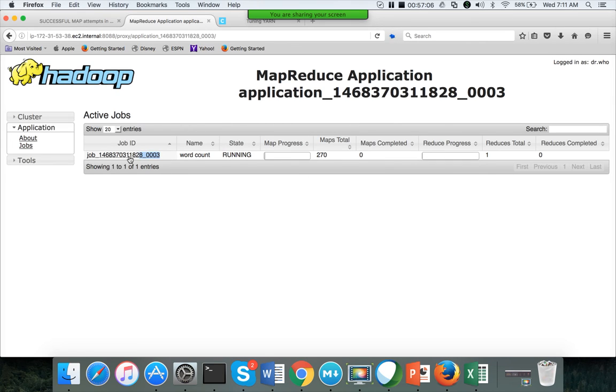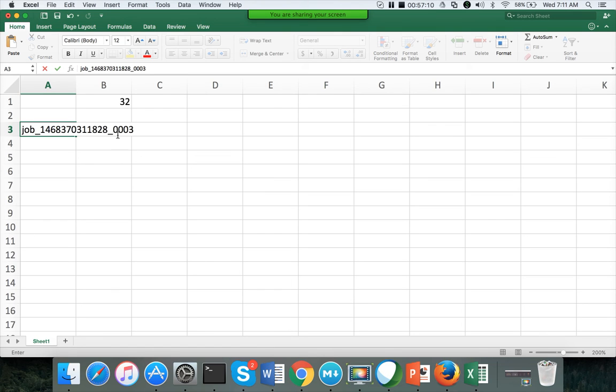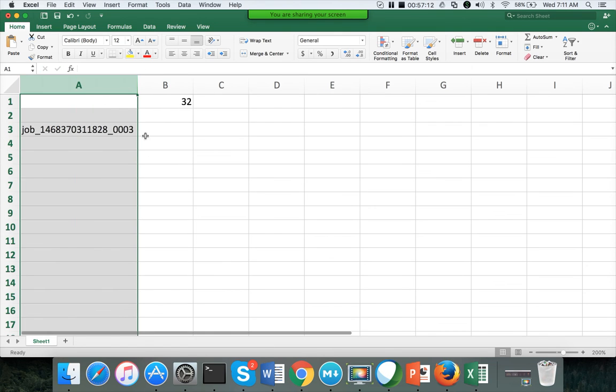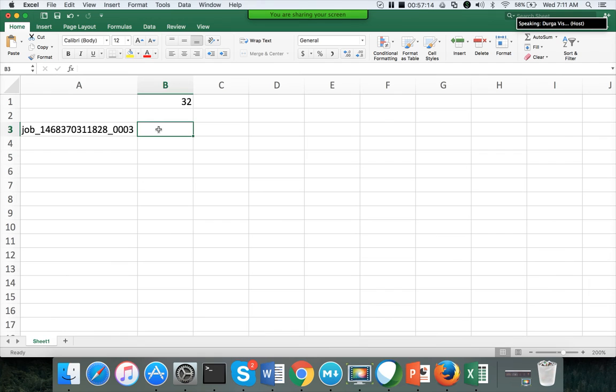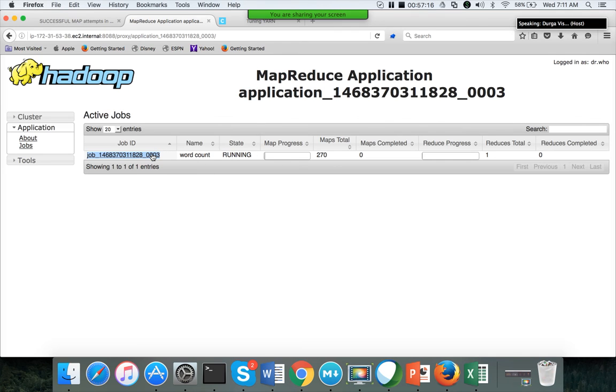Job ID is this one. Okay, and if you click on this job, it will tell you how many mappers and how many reducers it required to execute this one.